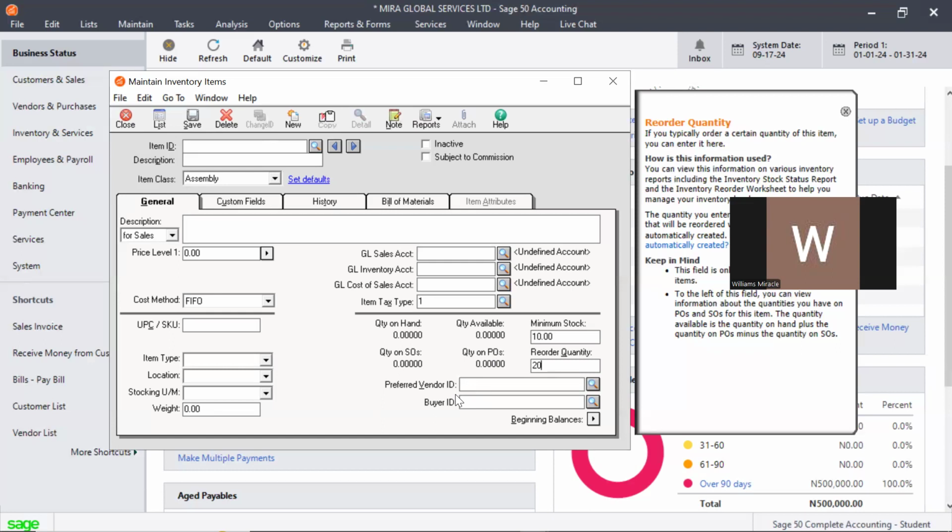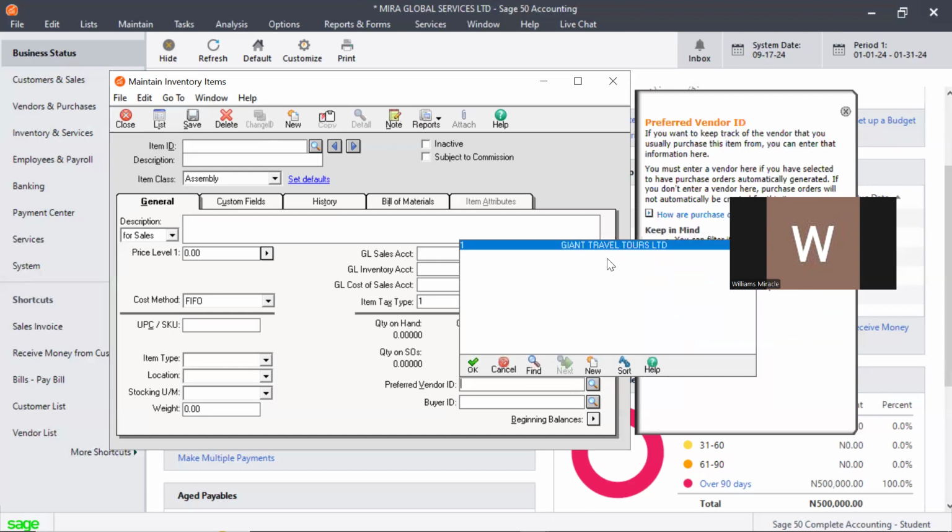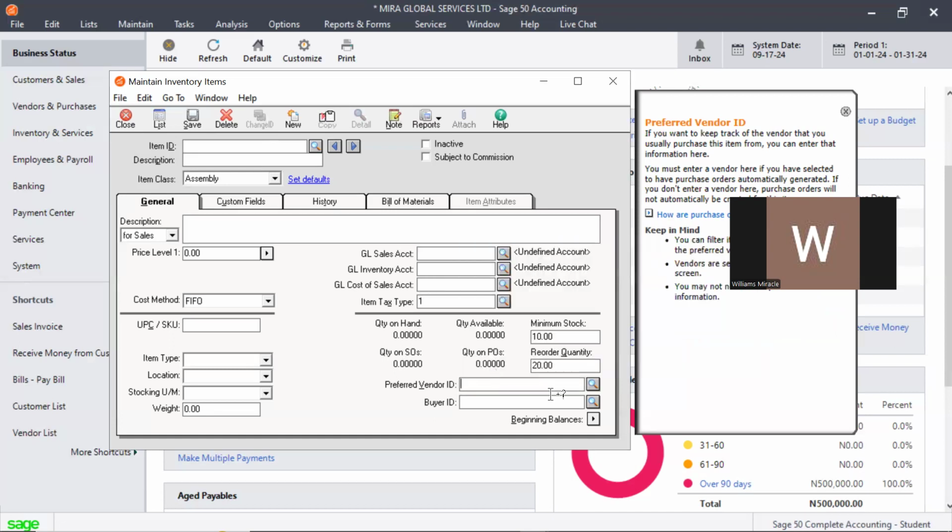So this is where you now link up the supplier using this glass icon. We'll now say, okay, who is this vendor? We can't choose Giant Travel Tours because they are not related. Giant Travel Tours looks into travel-related items, so they are not related. So take note, your preferred vendor is where you select the supplier you usually order your item from,